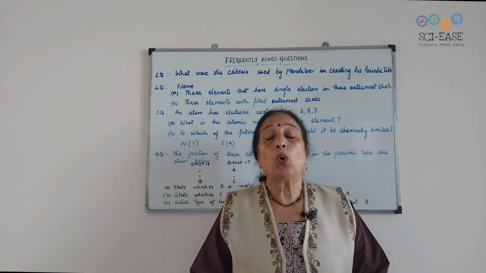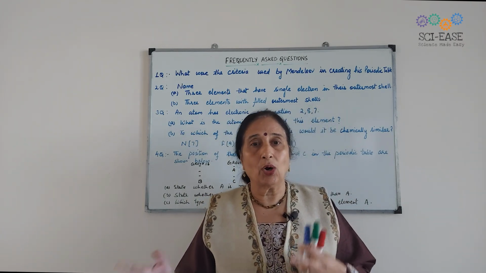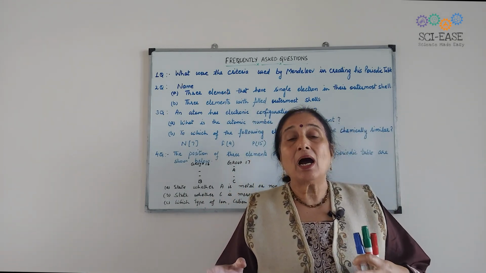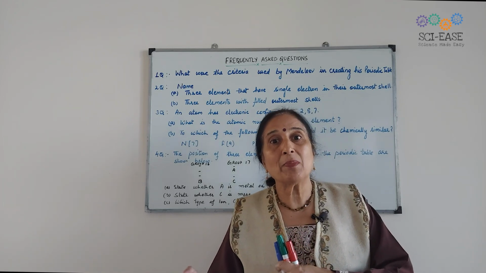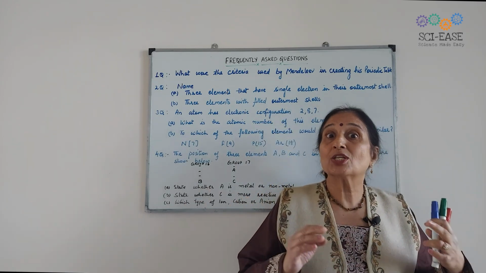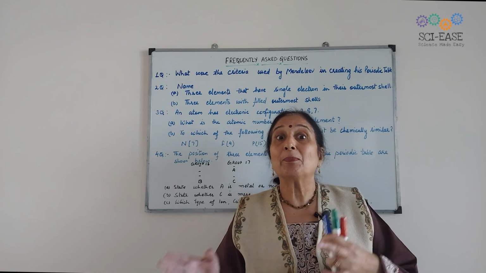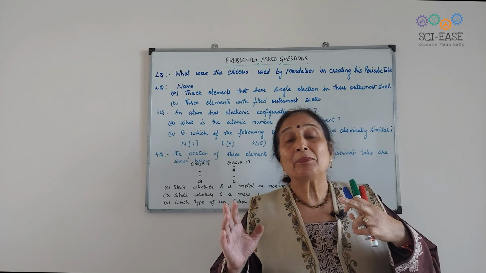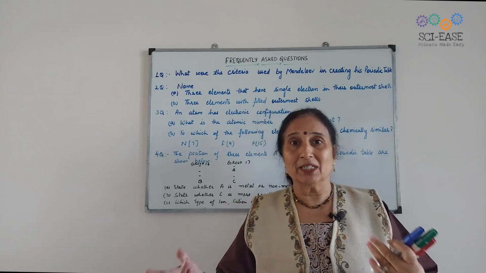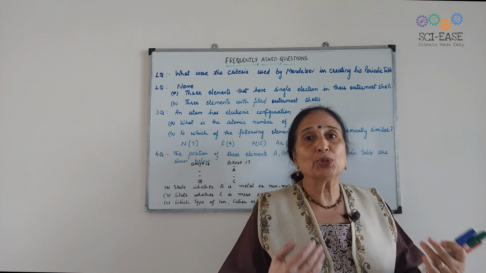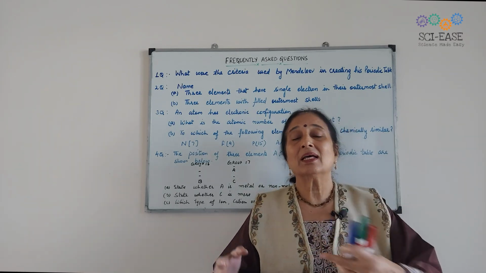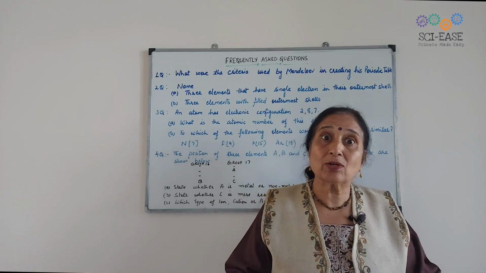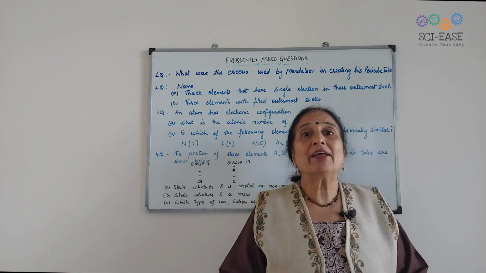Then, what is Mendeleev's periodic law? That is, the properties of the elements are the periodic function of their atomic masses. And what is the modern periodic law? The properties of the elements are the periodic function of their atomic numbers. Okay? Then you should know the definition of atomic mass, atomic number, so many things. These are some of the direct questions. Like you should know the definition of